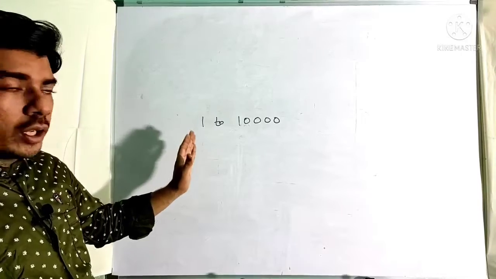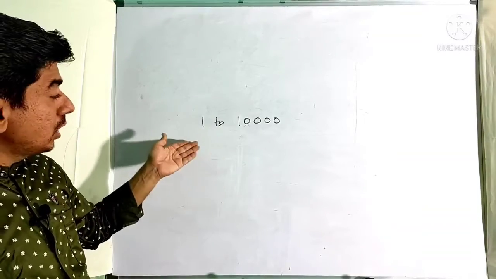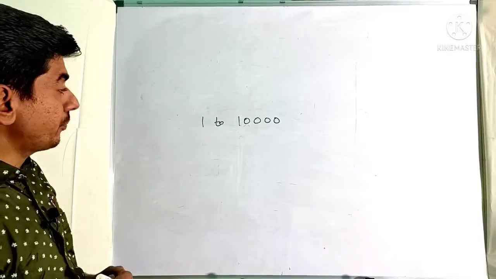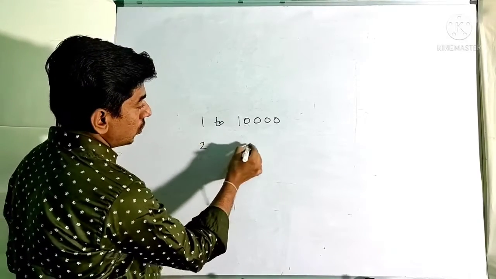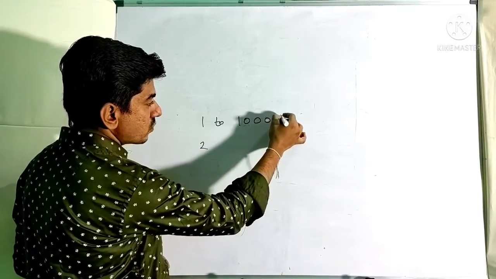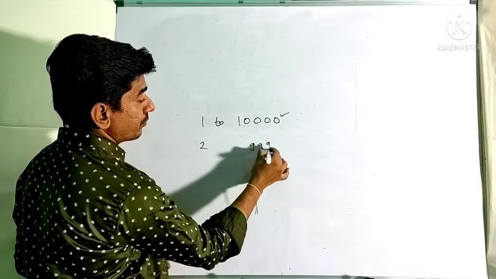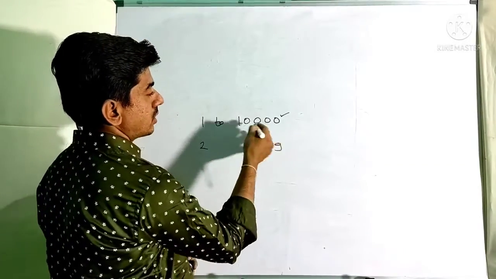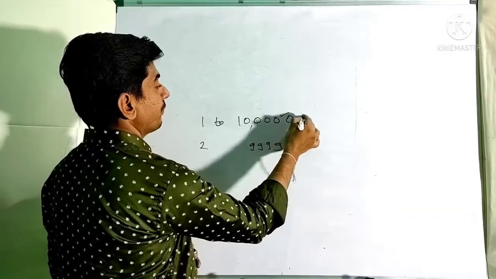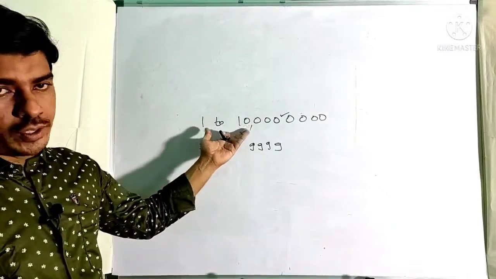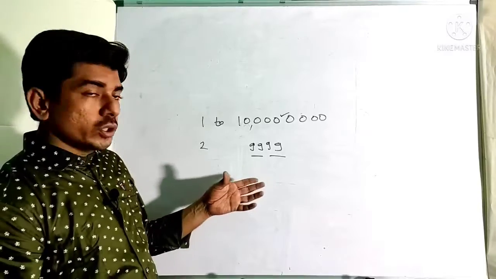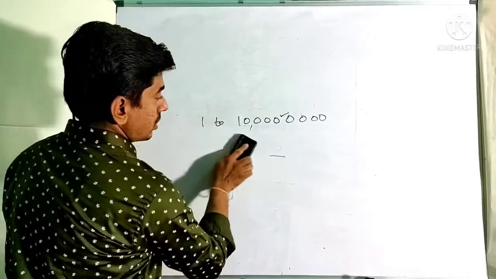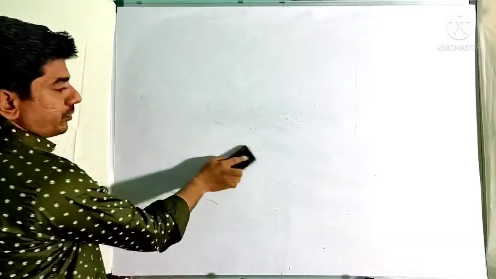Actually, today we are going to learn the trick for finding the square of a number from 1 to 10,000, that is, starting from 2 to 999 and as well 9999 and as well 10,000. For the square of 10,000, just add as many zeros as there are. This is the square of 10,000. But what about the others? To solve those you should learn this shortcut trick. Let's start the show.